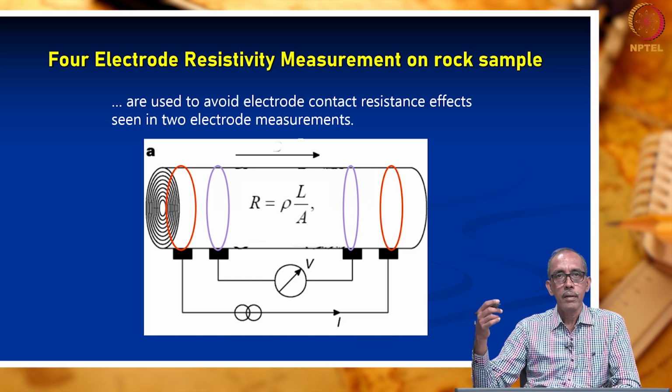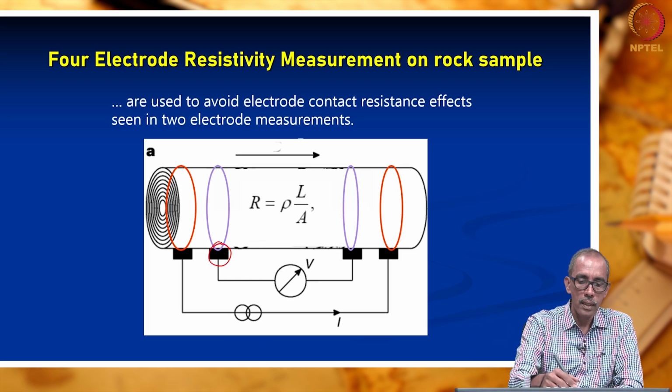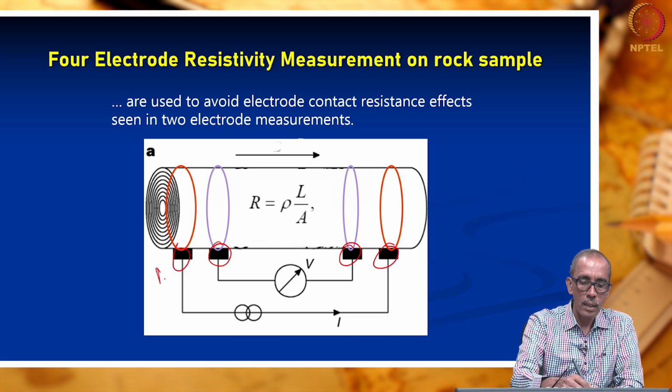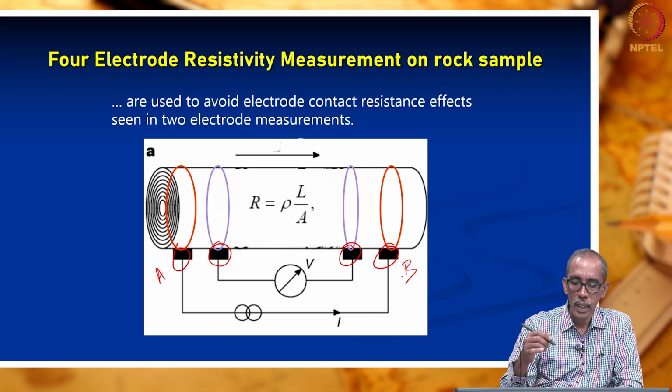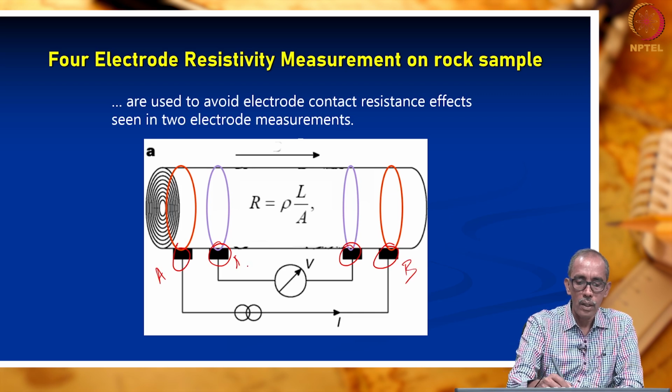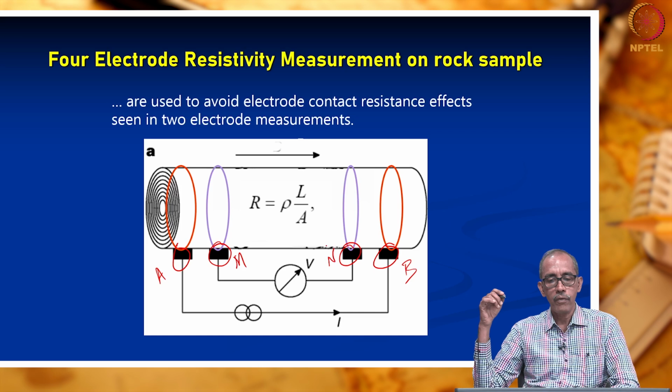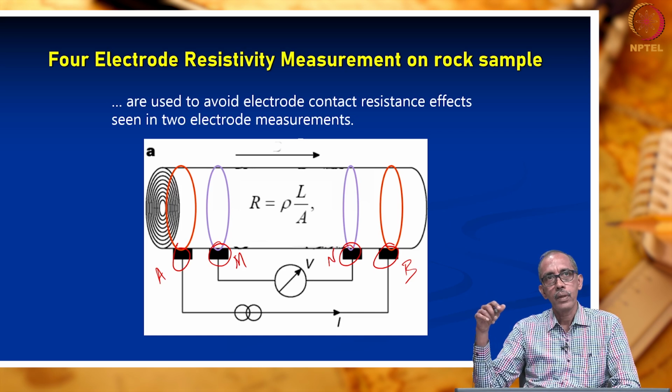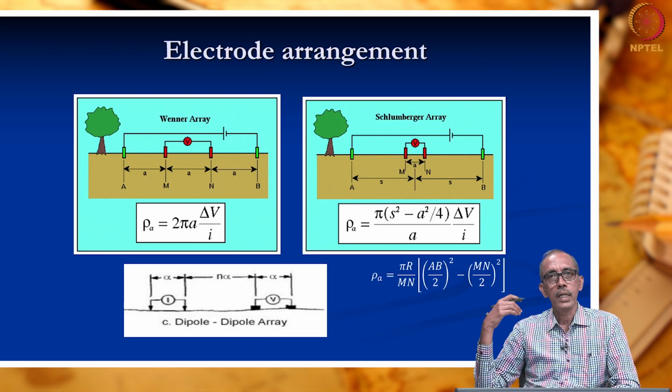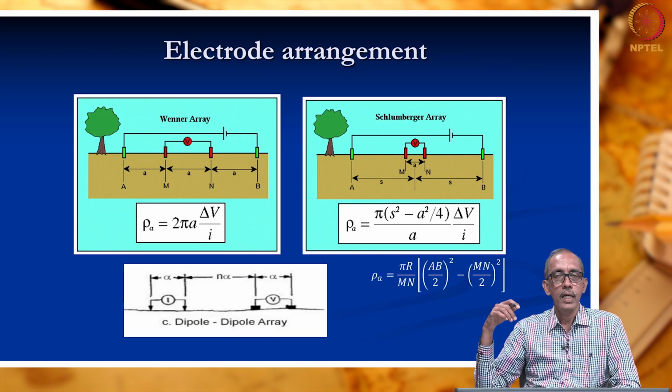Here in this picture, you can see electrodes are arranged in such a way, right? The outermost ones are current electrodes, which are usually referred to by letters A and B. Inner electrodes are known as potential electrodes, which are referred to as M and N. This is how we make the measurement. So here is an example of carrying out a laboratory measurement. But how are we going to do it in the field? In the field, we had already seen the three popular methods of electrode arrangement.